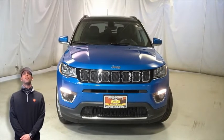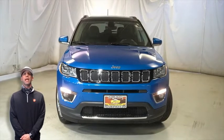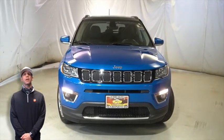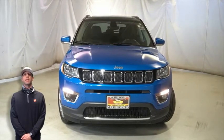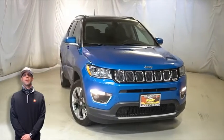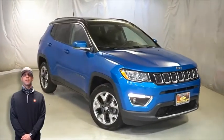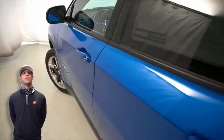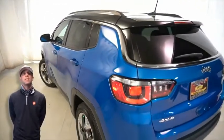If you're looking for a functional compact SUV with reliability and safety for the whole family, then take a look at this 2018 Jeep Compass Limited in Laser Blue Pearl. With halogen quad headlamps, fog and cornering lamps, 18-inch aluminum wheels, power heated mirrors, two-tone paint group, single exhaust with